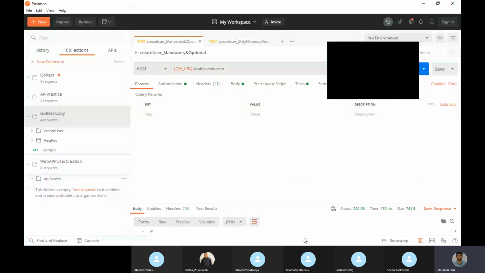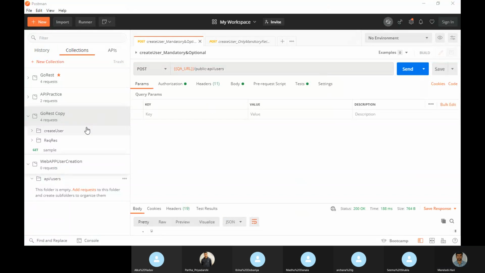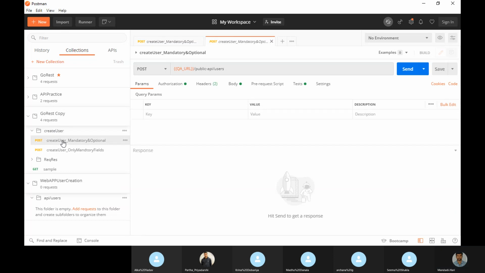Okay, so now see here. I have to request in this. Let's go to the copy one, which I can modify however I want. See here, I have multiple folders, one for each API. For create user, I have one folder.